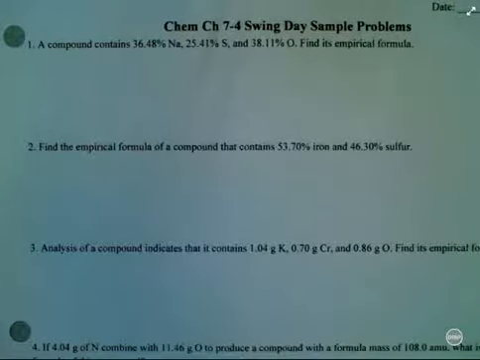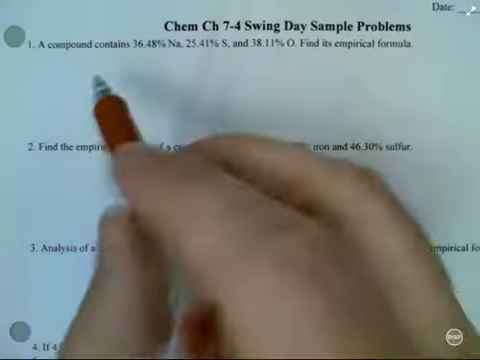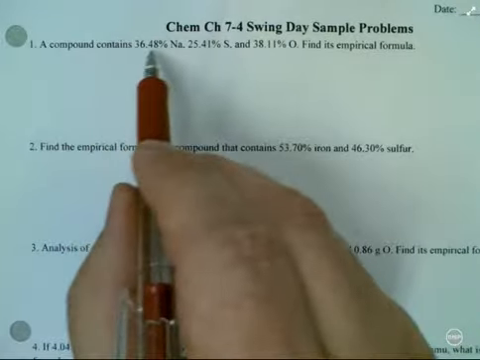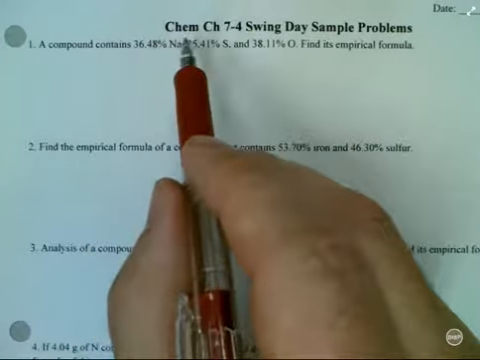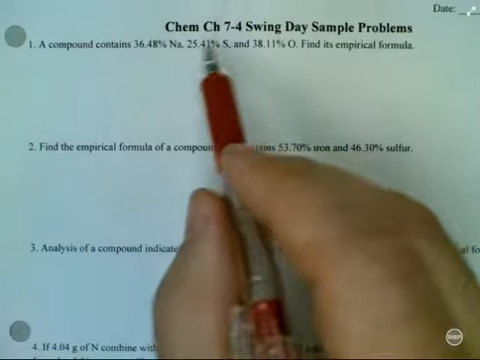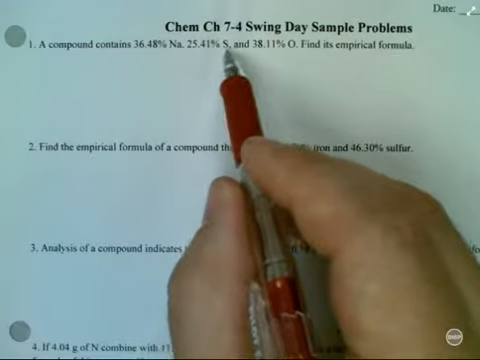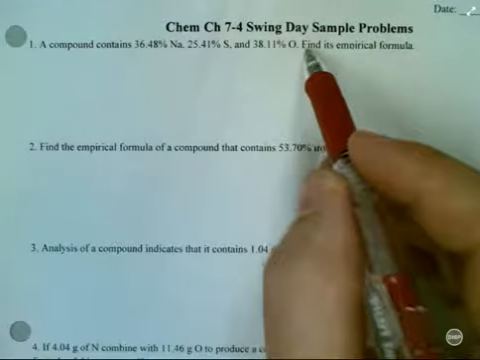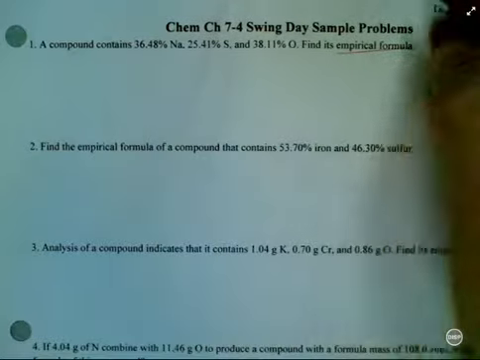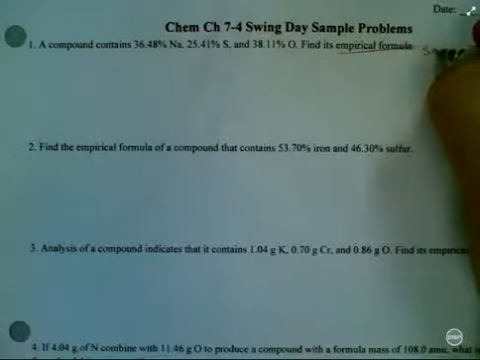All right, chemistry, let's take a look at our sample problems for Chapter 7, Section 4. A compound contains 36.48% sodium, 25.41% sulfur, and 38.11% oxygen. Find its empirical formula. Empirical formula, that's the smallest